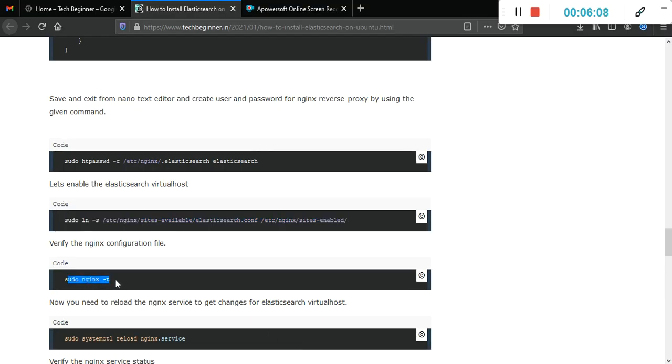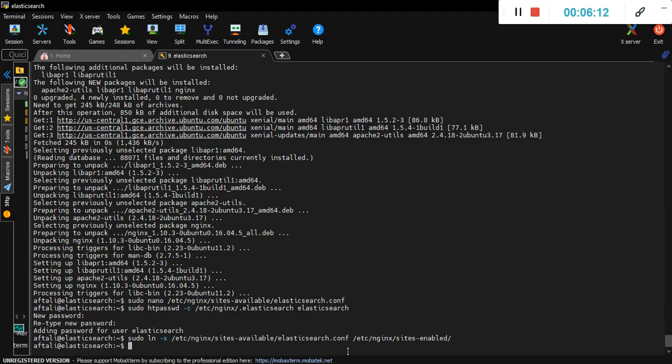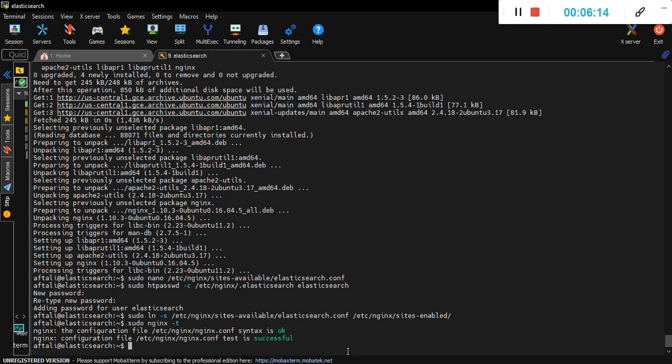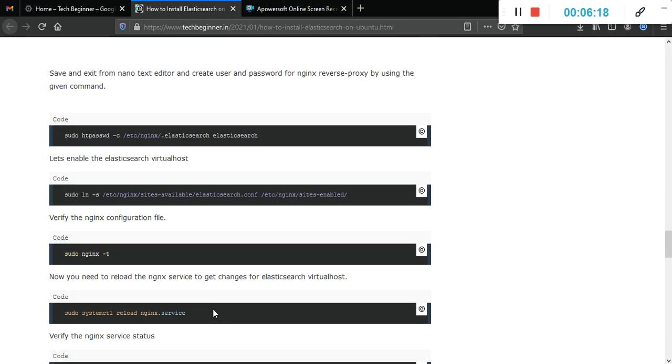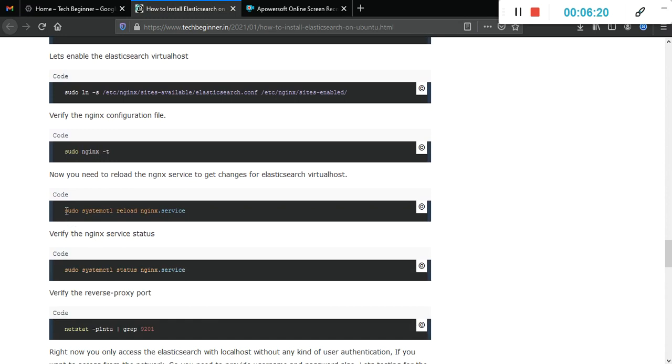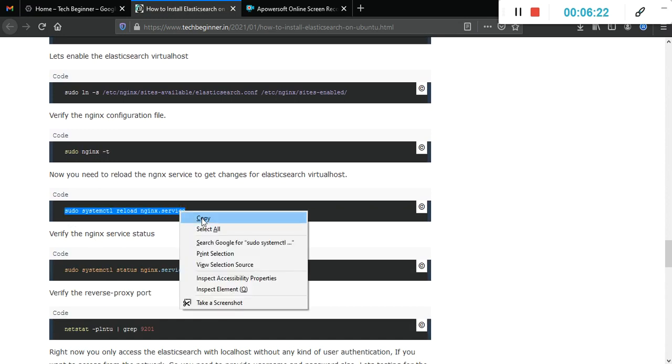After that we need to check the configuration syntax by using sudo nginx -t. So that gives us a configuration test which is successful. And after that, to apply the changes we need to reload the nginx service by using this command.